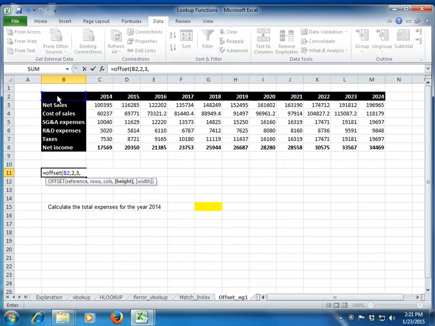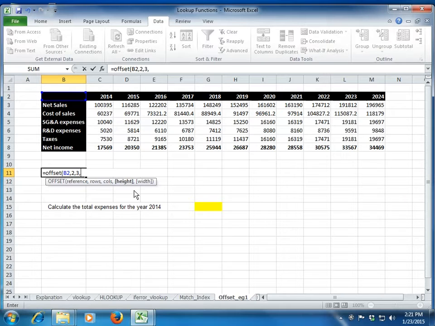Now let's understand these 2 more arguments which we see here. First of all, do remember that if in a function argument you see anything within a square bracket, that is an optional input. Even if you don't give that input, Excel will still calculate the formula for us. If you want to further explore the formula, we can use this input if required. So now let's explore what this height and width are.